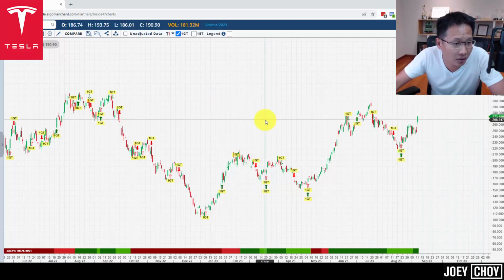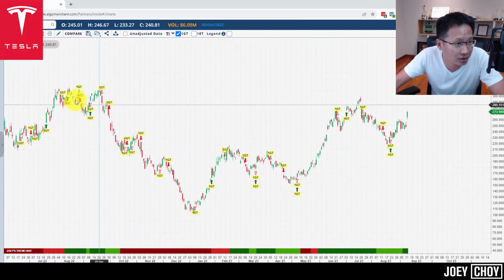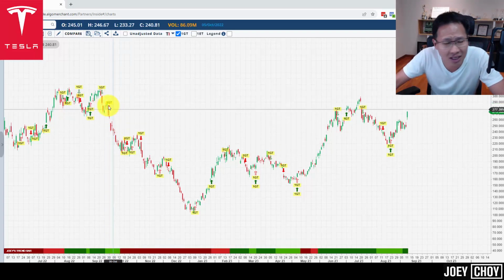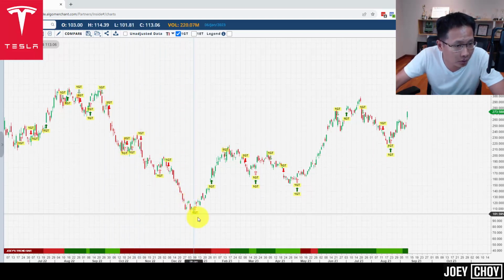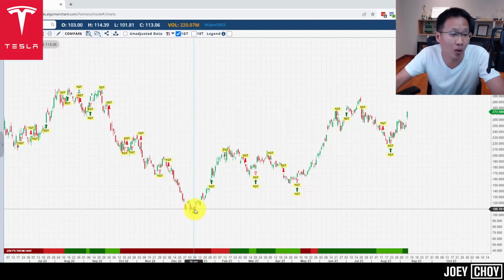You can see that this is Tesla, all right, and we had a couple of bearish signals since last year. This was like a bearish signal somewhere in September 2022. It's a red arrow down. You can see it started to sell down from like 280 all the way to like 220. Got another bearish signal, went all the way down until we found a bottom somewhere around the 110, 120 level